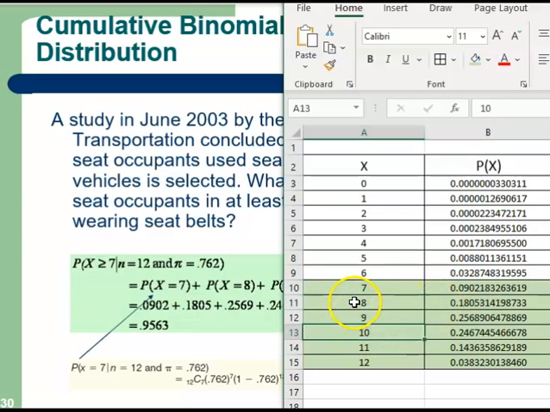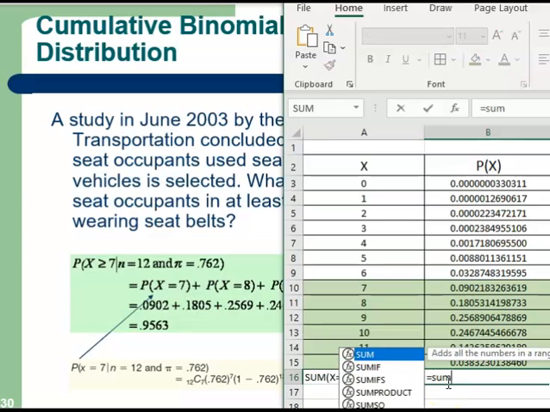8 cars are having seatbelt, right? 8 is 0.1805, 0.1805. So that's correct. And we said that we need the sum because either this one or this or up to 12, right? So we just need to calculate the sum. Sum of x to be equal to 7 to 12, that means from 7 to 12 equals to,